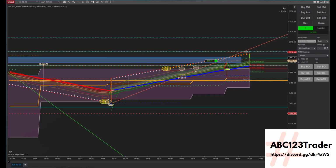Okay, alrighty. The reason why I took this trade here is we're above the 70% zone, and what I'm looking at right now is if we can break the 10 level, we can get up to, hopefully it works. Hopefully I'm not wrong on this trade here. But she's trying to break through